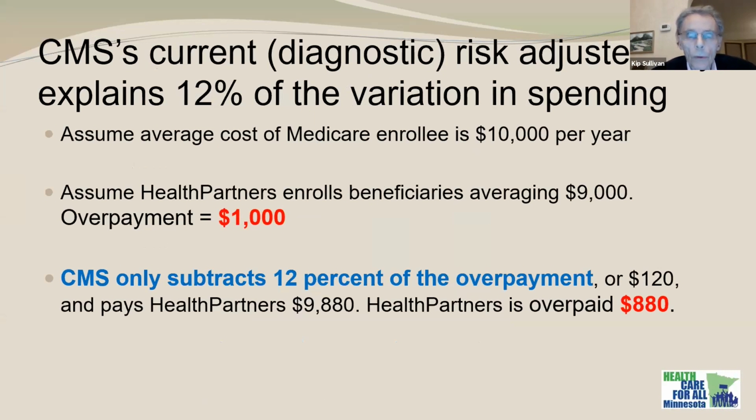And I won't walk you through this same example, but you know now what happens. Now CMS only subtracts 12% of the overpayment, and health partners walks away with $880, certainly much better than $990, but it's an awful lot of money. And you can see the immense incentive that a crude risk adjuster like this gives to insurance companies to seduce the healthy to leave fee-for-service Medicare, join a Medicare Advantage plan, and when they get sick, to get rid of